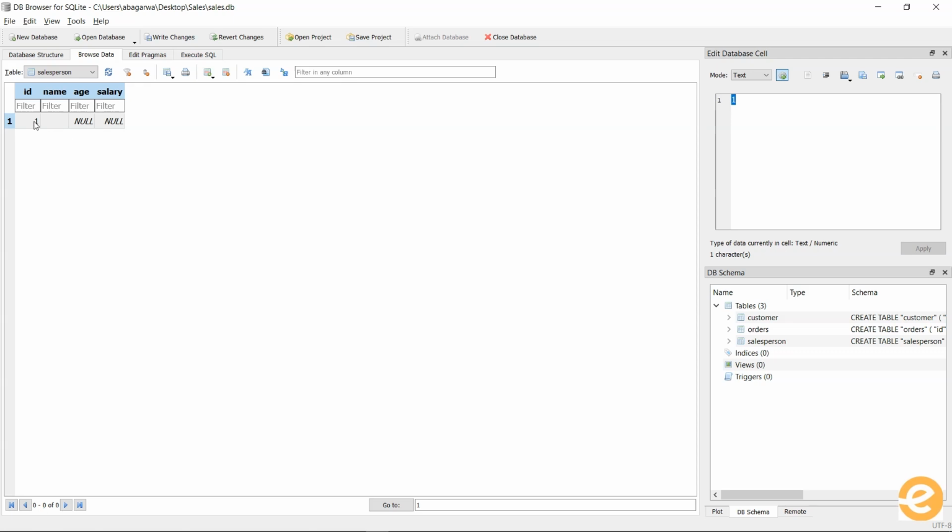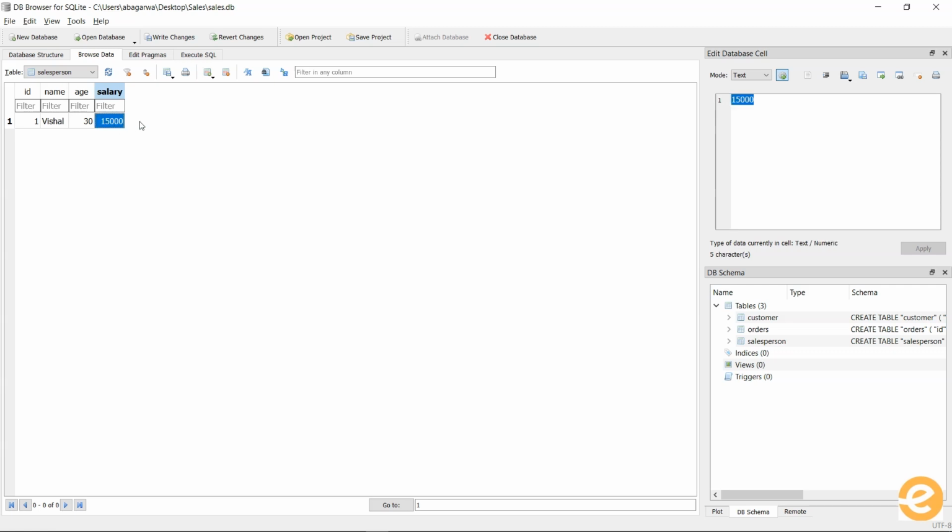To insert a new record, let's click it over here and it will give us the option. As you can see, ID is by default 1 because we must have specified the primary key in the table, and that's why it has picked up accordingly. We can start entering the values for the second column, which is name. Let's say the name is Vishal, the age is 30, and the salary is 15,000, and you will press tab.